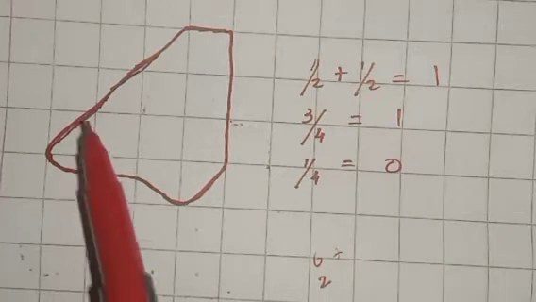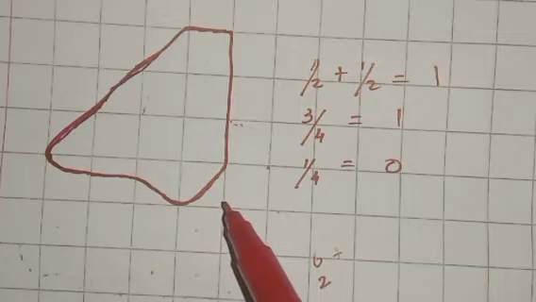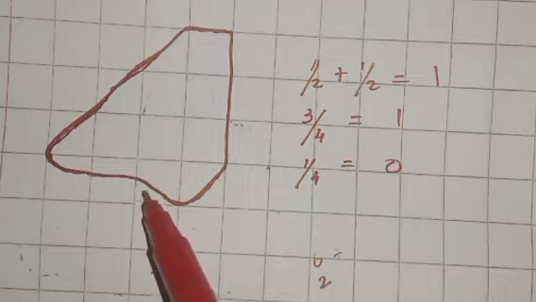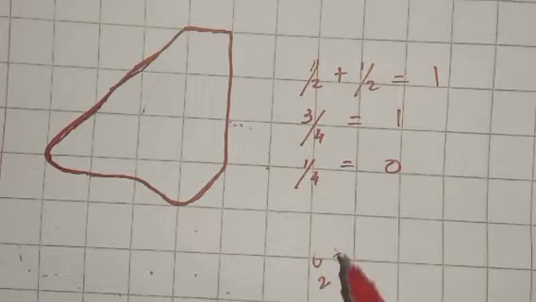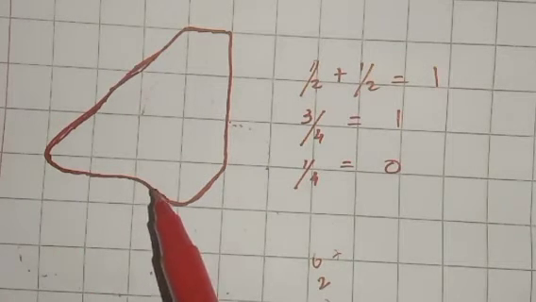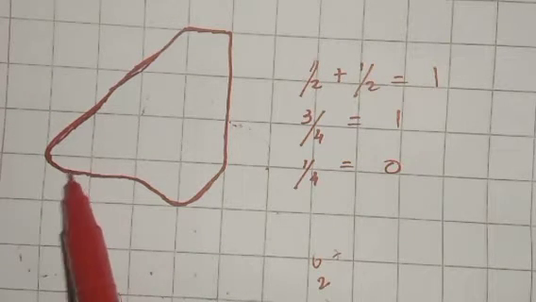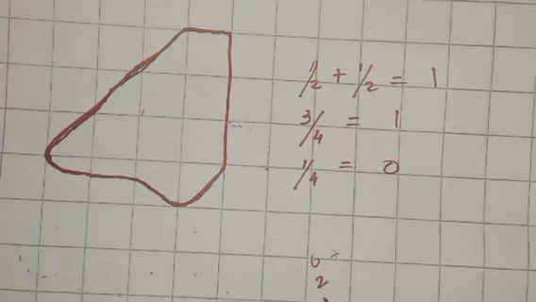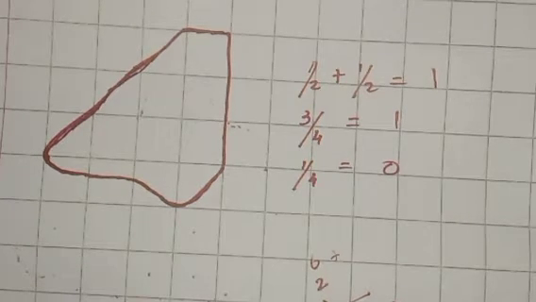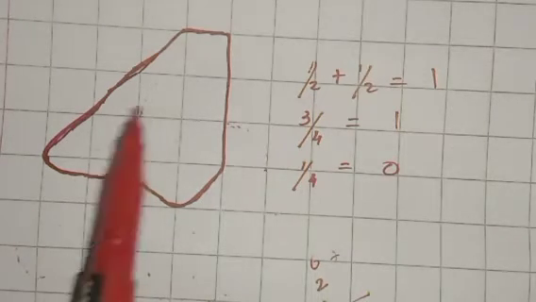Then you find out any more than half. Here any more than half is there. So this is more than half. So if it is more than half, you can add up to 1. So this is 1. We can add 1. And if it is less than half, 1 by 4, you need not add. You can take 0. So here 1 by 4 is there here and here. So no need to add this one. So here the area of this picture is 8 square units. Understand?